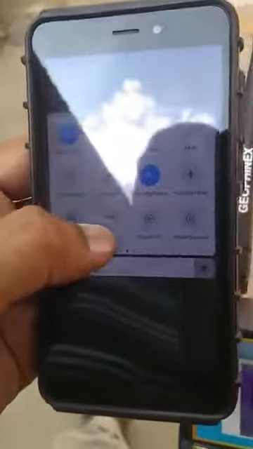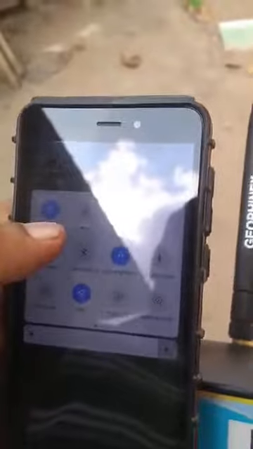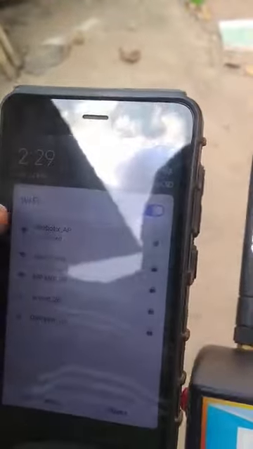You have to install this app. See, this is the GeoPinex app. You have to install it, and after installing this app, you have to go here. Then you have to switch on your mobile data. Then you have to switch on your GPS location coordinates. Then you have to connect the mobile phone with your unit. For that, you have to click this Wi-Fi over here, and you see GeoPinex is there. The GeoPinex is the unit's Wi-Fi. You can connect over here. It will connect. You see, it is connected now.